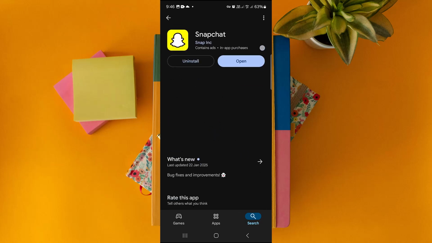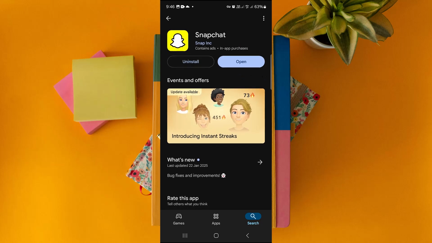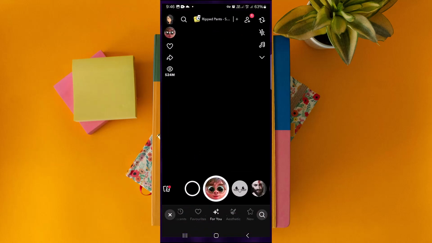If there is any update, there will be an update option right here in the button. Right now it says open. So you have to tap on the update option and it will be updated. So yeah, this is how you can make your